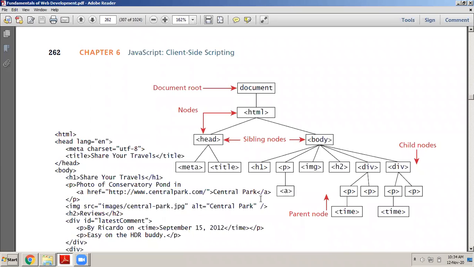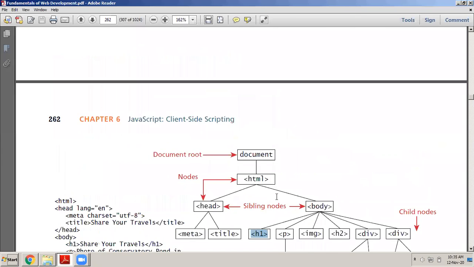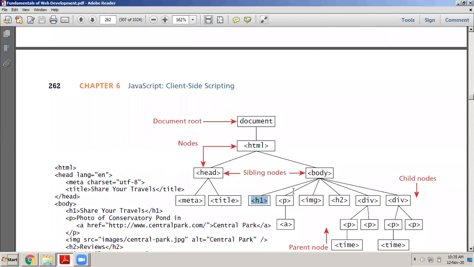Inside the body tag, now depending upon what you are designing, you have H1 tag, P tag, image tag, A tag, div tag. A lot of things will be there now depending upon what type of an application you are writing. Normally, the head section will contain the meta tag, the title tag, and so on. And then the body tag contains, depending upon the design of your page, several different tags here. Okay, these are called as tags, or these are called as elements, or these are called as nodes. Okay, with respect to document object model, remember these are called as nodes.